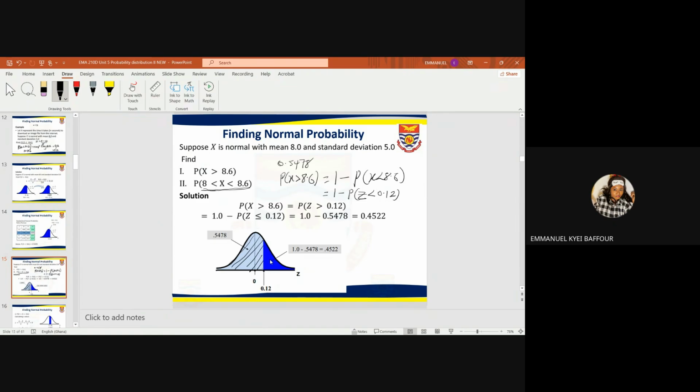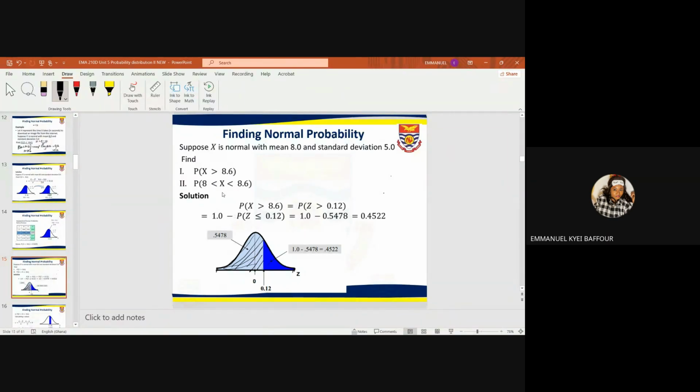So this part wasn't shaded. But now we are interested in the part to the right of 0.12 that has been shaded. But we know the total area bounded by this line and the curve is equal to 1. So once we know this part, if we subtract from 1, we should get the remainder of this. Now the second part of the question is asking us to calculate the probability that